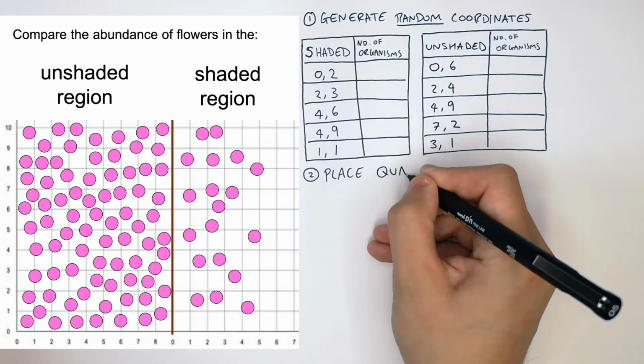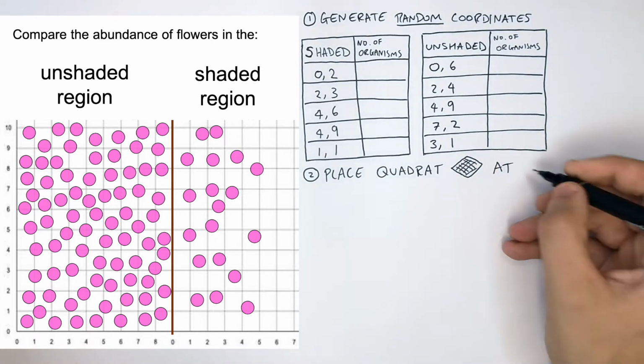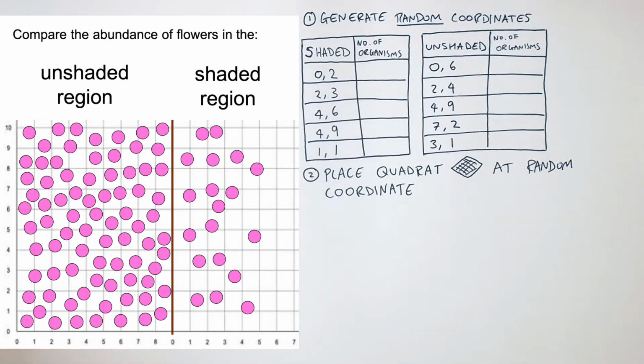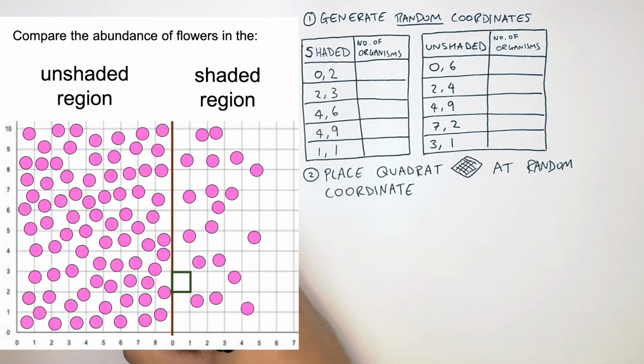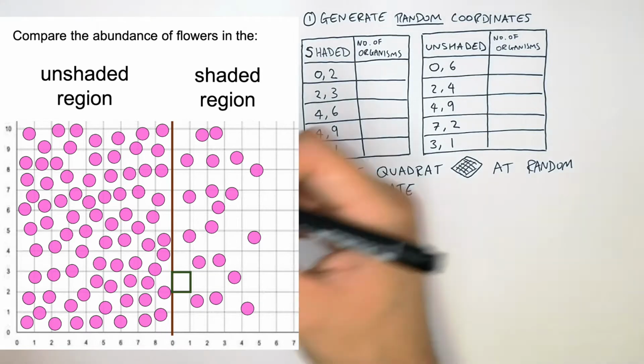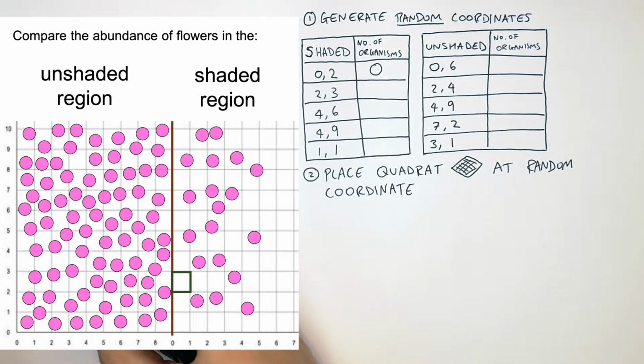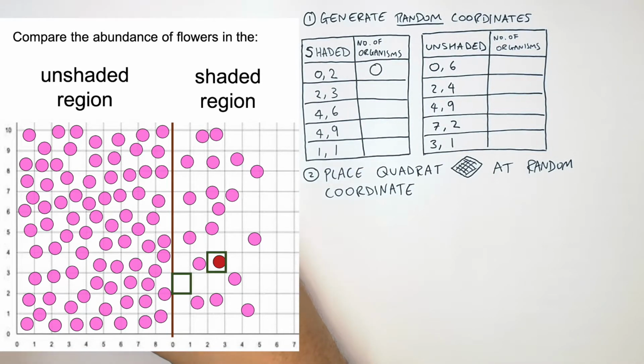So you now place the quadrat at each of the randomly generated coordinates. So we place the quadrat at 0, 2, and then what you do is count the number of organisms inside that quadrat. In this case, there are 0 plants in that quadrat. Then you place the quadrat at the next coordinate, which is 2, 3, and you count the number of organisms,